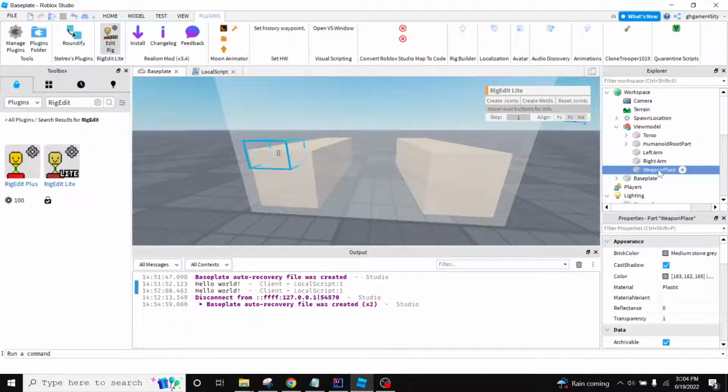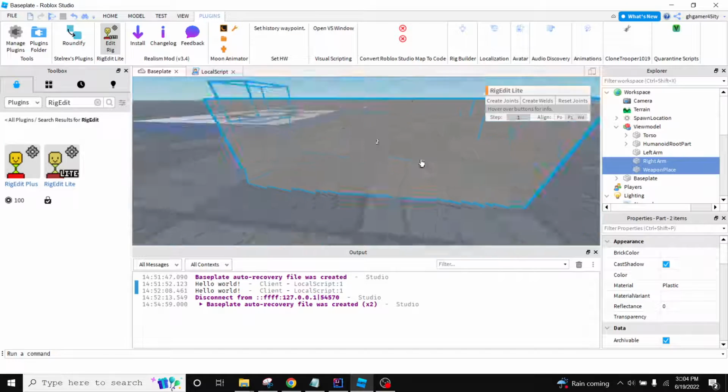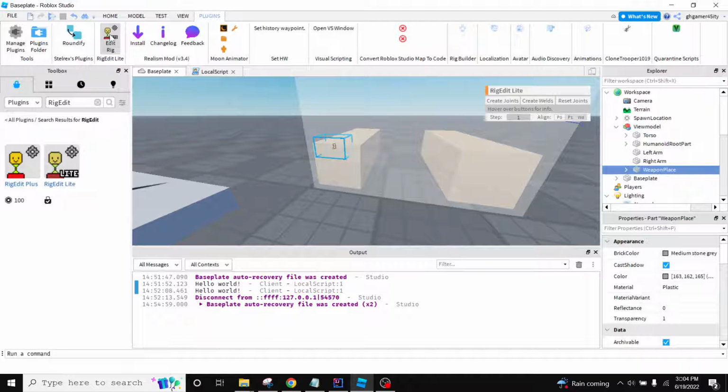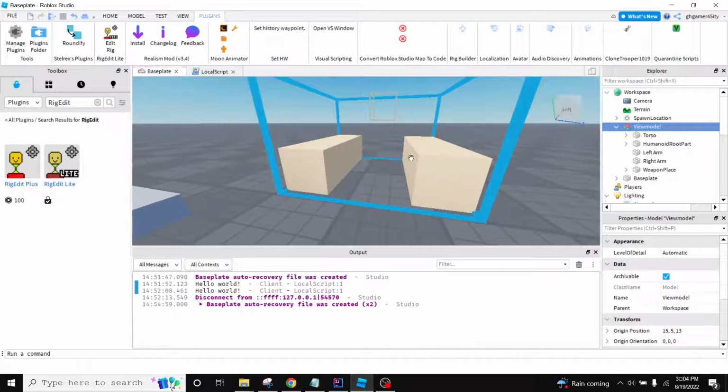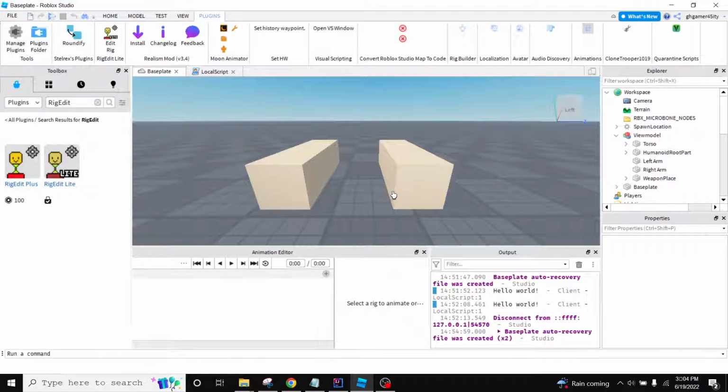And for the weapon place, rig it with whatever arm it's on. So in this case, it's the right arm. We're going to click Create Joints. And then finally, to make sure our rig is properly rigged, and by the way, make sure rig edit is closed, we're going to go to this animations thing here and click on our,